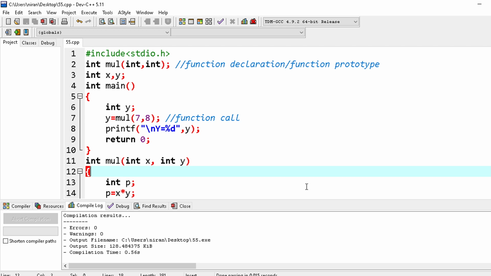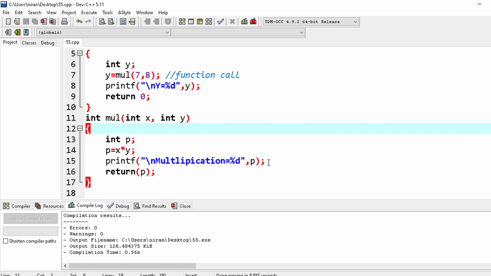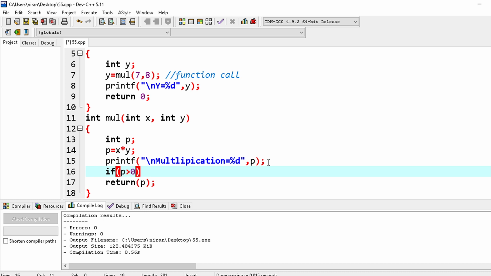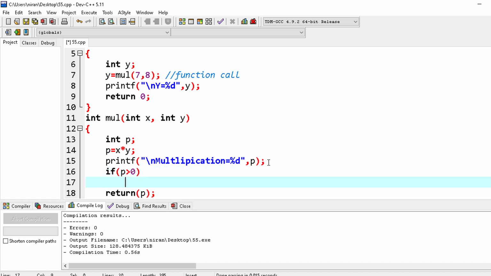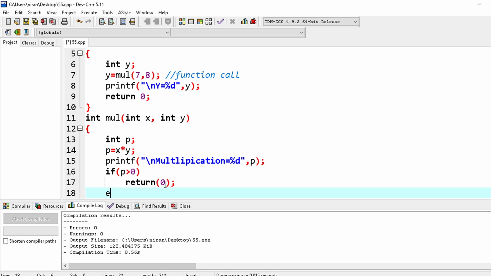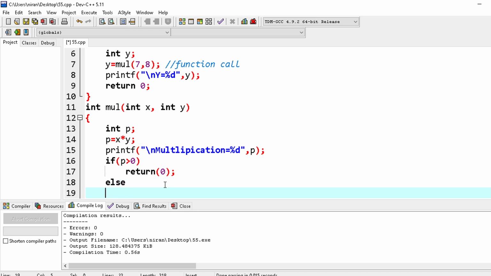Suppose you give a condition: if p is greater than 0, return 0, else return 1.